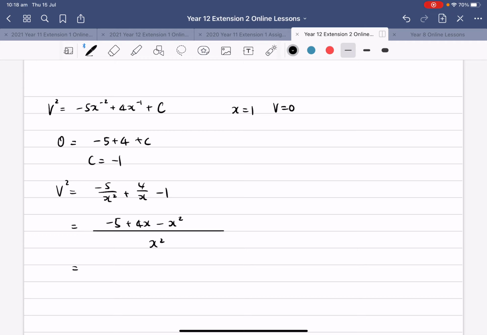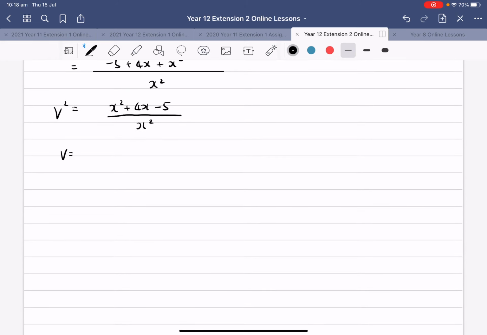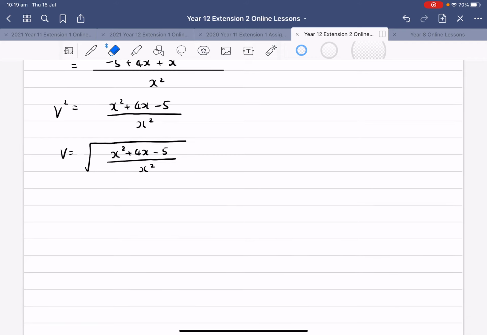No, that c is positive 1, yes. Okay, alright. So that gives you x squared plus 4x minus 5 over x squared for the v squared. So therefore, v is equal to the square root of x squared plus 4x minus 5 over x to the power 2. Now, we're supposed to have a plus minus for the velocity, but from the second part of the question, we already proved the velocity is positive, so therefore you don't need to actually write